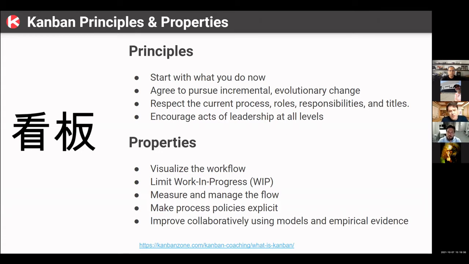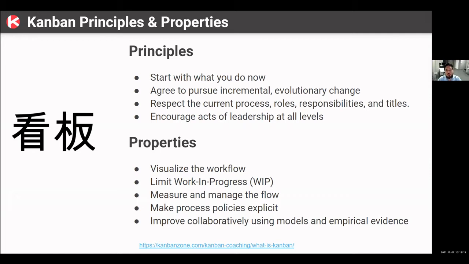At the bottom, I just wanted to make sure to highlight, now that I've shared the principles, which are just the things to get you started, that really what we mean in the education space and in any space is very simple. Visualize your workflow. Now, for a student, their workflow could be as simple as my next assignments or the next module that I